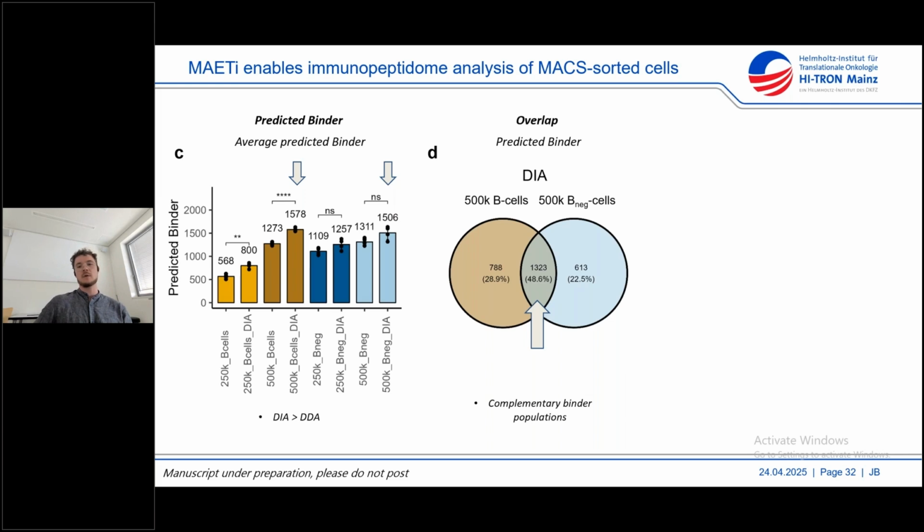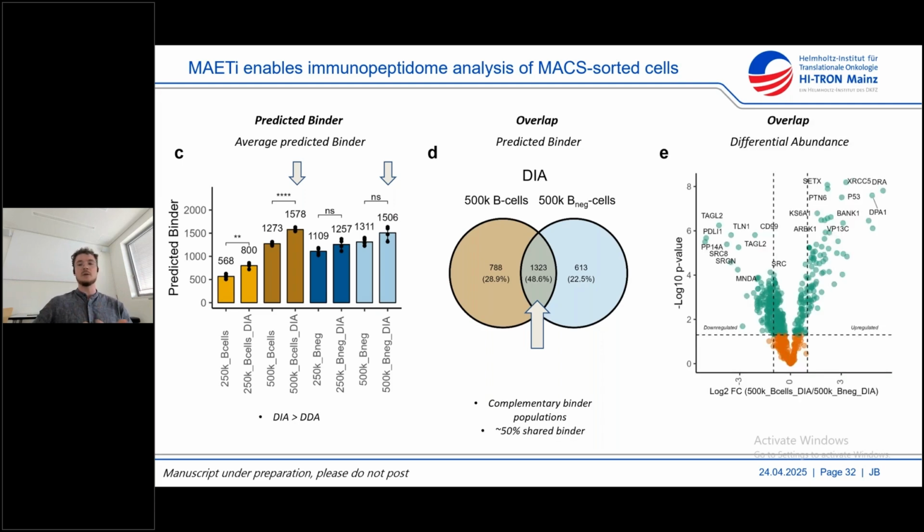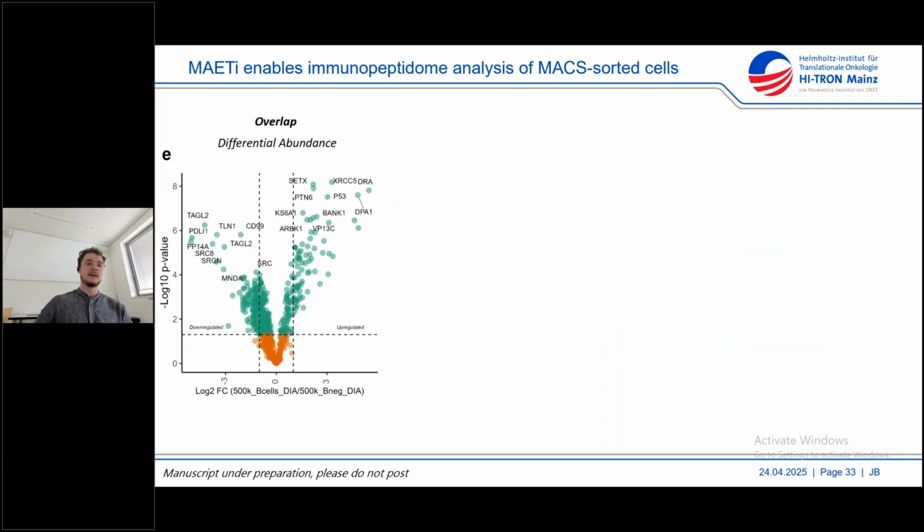And of course, you can also be interested in comparing it against this background of B-negative cells. That's best done here with the differential analysis. And indeed, for example, if we look at the log 2-fold change of B cells against the B-negative cell population, you will find some interesting hits here. For example,